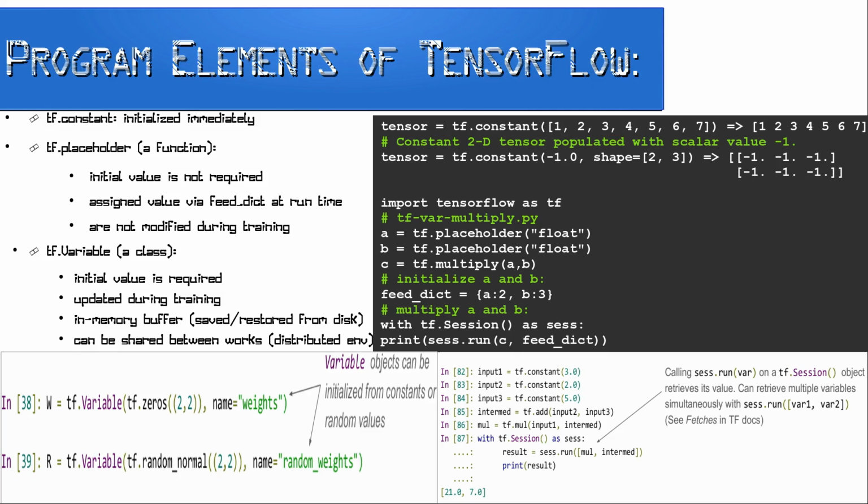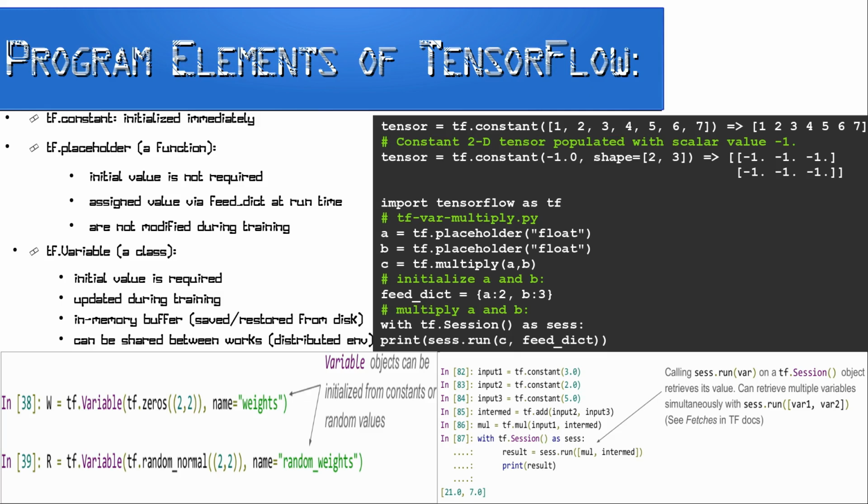It creates a constant tensor. The resulting tensor is populated with values of type dtype as specified by the arguments value and optionally shape. A constant 1D tensor populated with a value list can be written as tensor = tf.constant([1, 2, 3, 4, 5, 6, 7]), which gives a vector of 1, 2, 3, 4, 5,